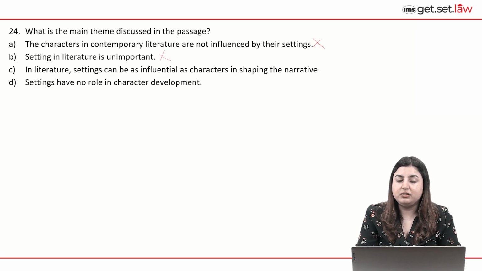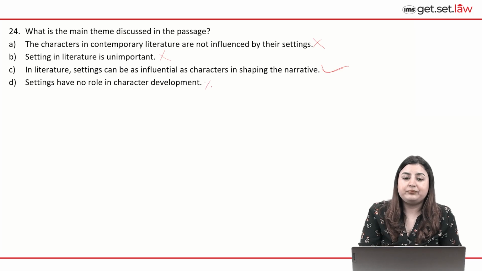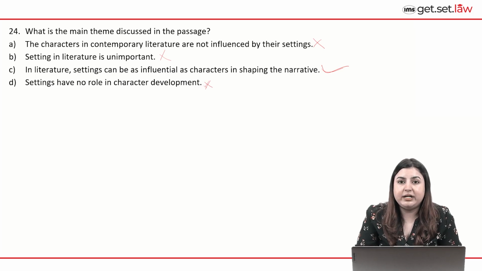C, in literature, settings can be as influential as characters in shaping the narrative. This is just what the passage emphasizes. This is the correct option. D, settings have no role in character development, again running contrary to the idea. So overall, CLAT 2024 English language, and we're almost done discussing the entire English language segment of CLAT 2024